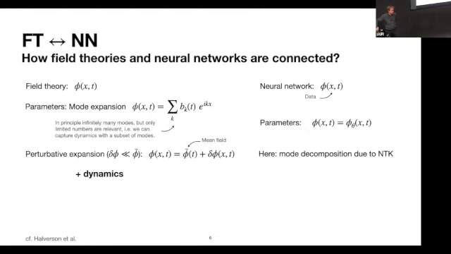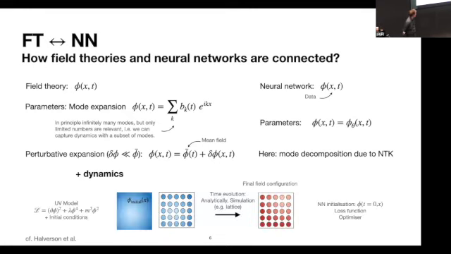But this is obviously not everything. What you also want to know is the dynamics. And just to give you a little bit of a cartoon picture of what is often going on: if you have some UV model, say φ⁴ theory, for instance, and some initial conditions, then, if you think about scalar field dynamics, you start with some initial conditions, and due to that action, they do evolve.